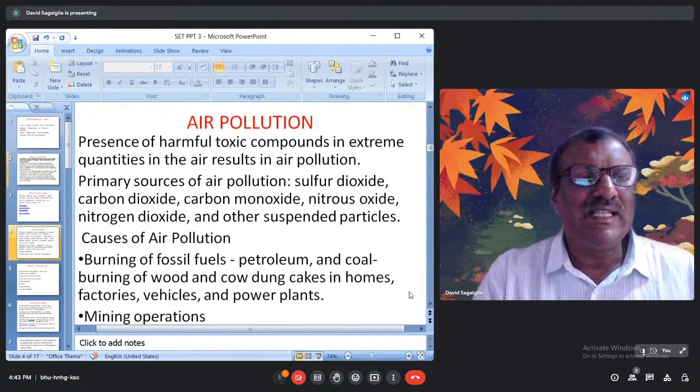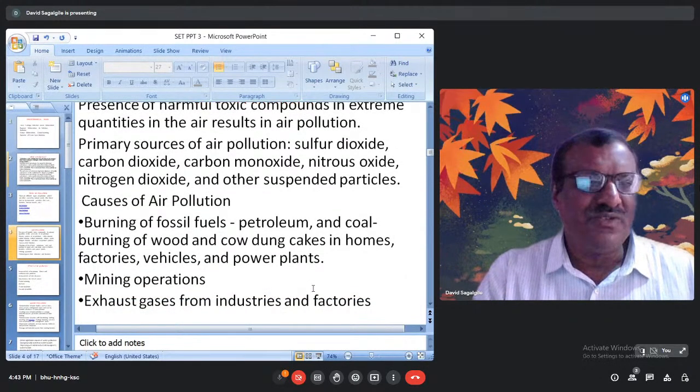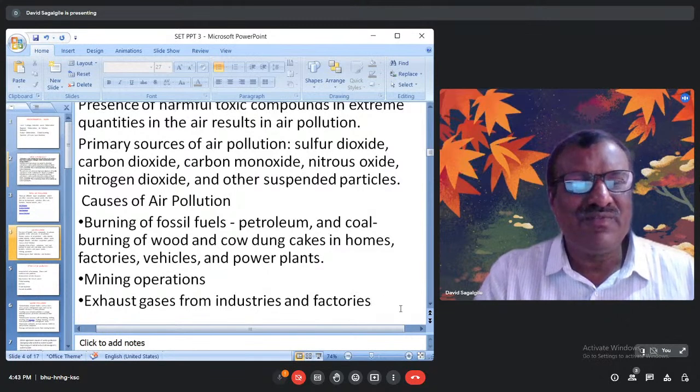And also we see that factories, vehicles, and power plants are generating a lot of pollution. Then mining operations also generate a lot of gases. They also create a lot of pollution because of which the air gets polluted. Then exhaust gases from industries and factories. The various gases which are emitted from the industries and factories are also very, very harmful in nature